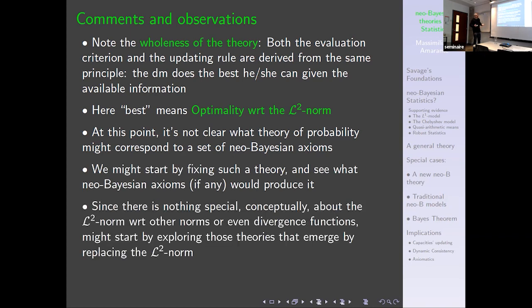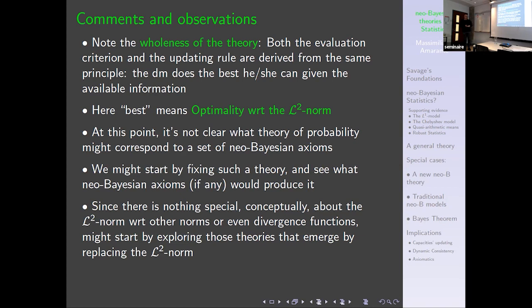One observation that honestly I thought was pretty obvious is, given the structure of the theory, what is the object that is a little bit conceptual, a little bit arbitrary? It is the notion of approximation. Conceptually, it's nothing special, but we have to choose it with respect to other known divergence functions. And therefore, I thought a good strategy would be that of starting to change this notion of approximation